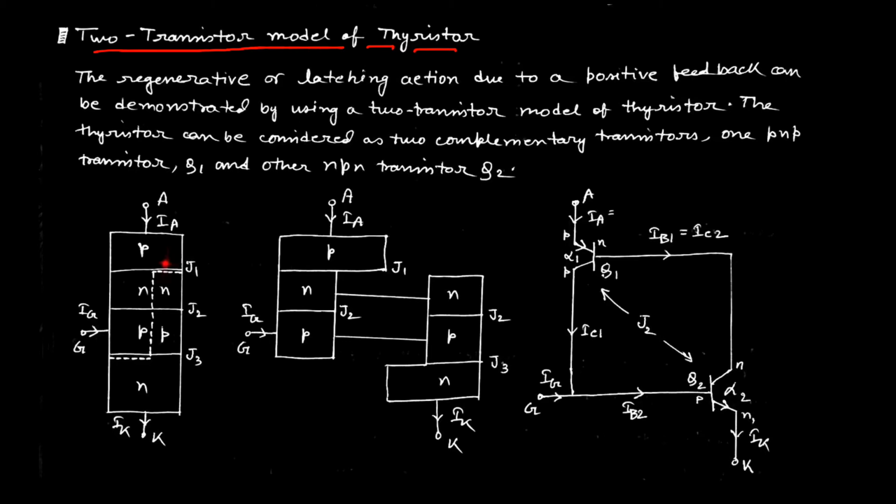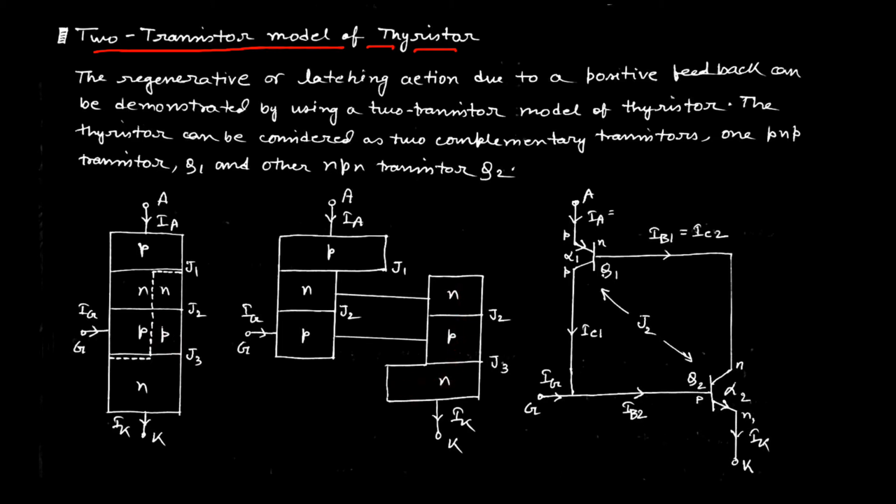And if we can divide this structure into two equal divisions, then it will take this manner, in which we can say that this is the PNP or Q1 transistor, and this is the NPN or Q2